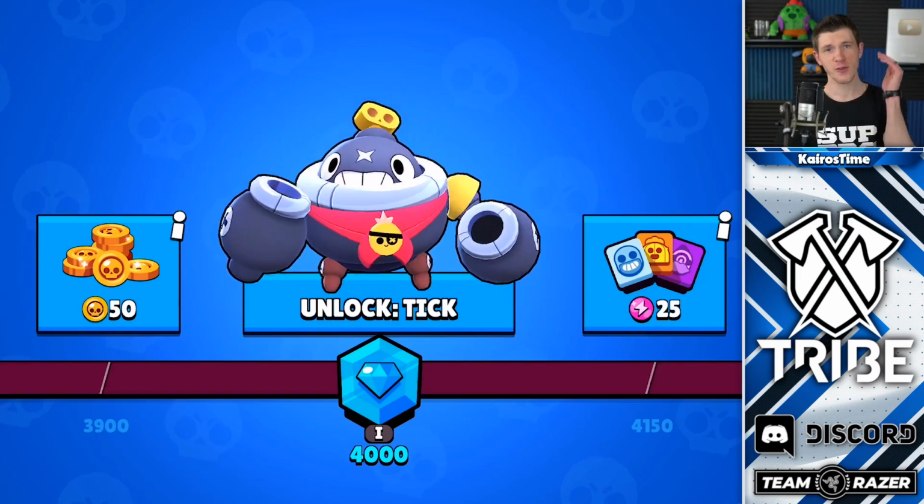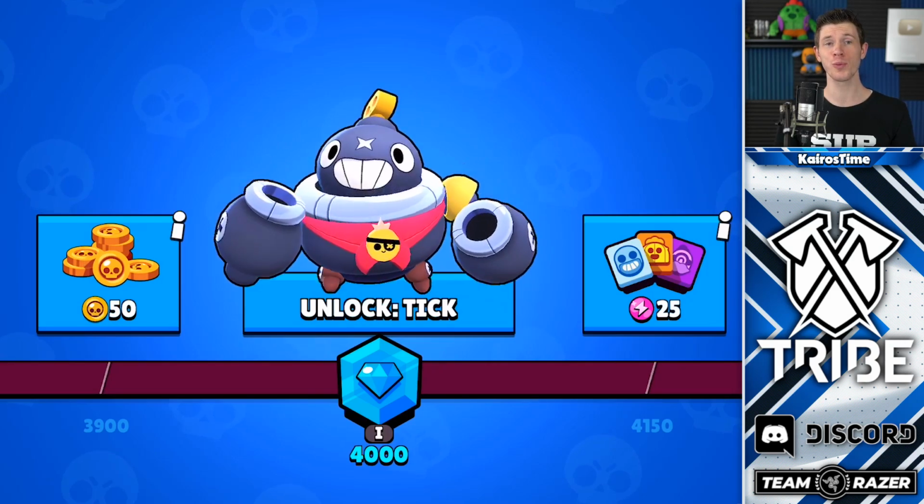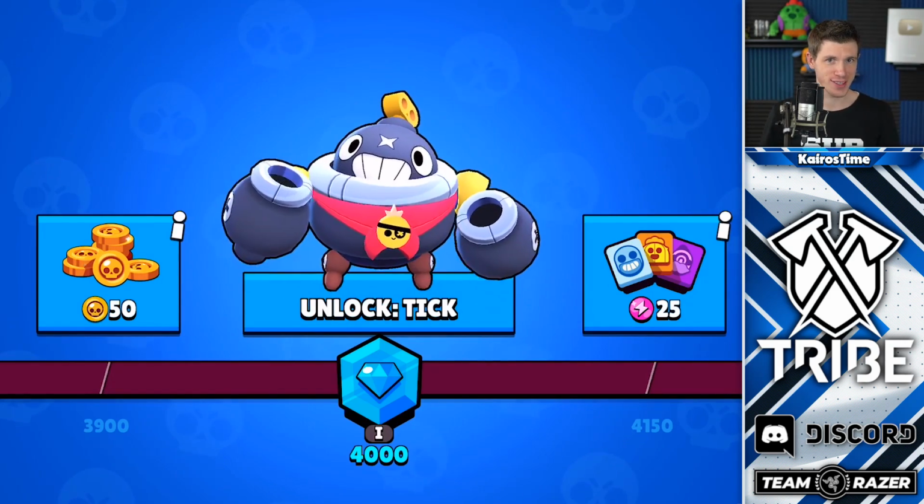Now what we're going to be doing is putting Tick up against all of the brawlers in the game for each of the Olympics events so that you get a good understanding of how he compares to everybody. Now for starters, guys, Tick is a trophy road brawler that everybody will unlock once they surpass